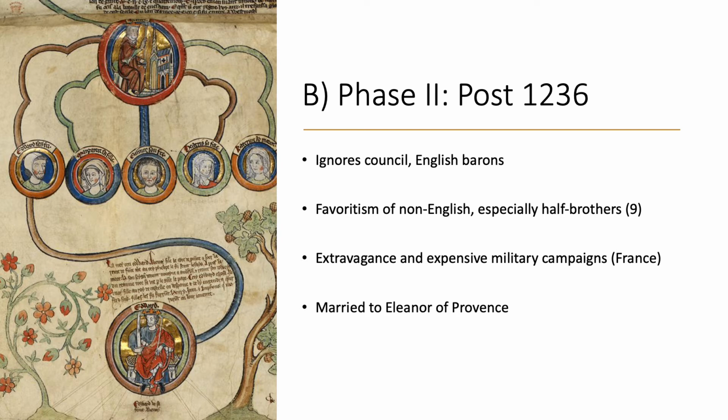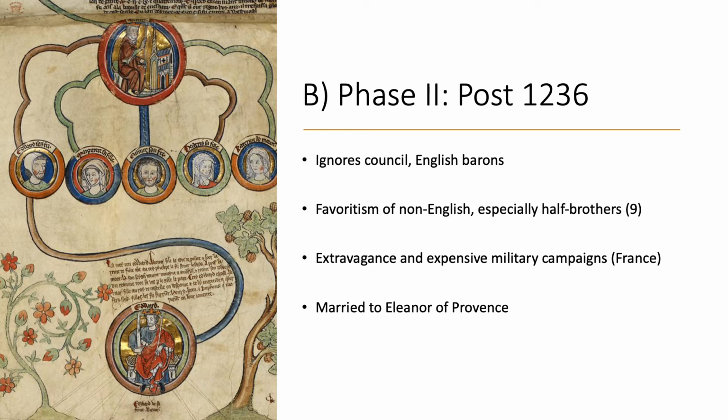He also not only wants to consolidate his position in France, he actually engages in several different campaigns to extend his authority. At one point, he tries to crown his son King of Sicily, and that ends up being a non-starter, but still very, very expensive. His wife, Eleanor of Provence, is also accused of a very extravagant lifestyle, and so all of this means that